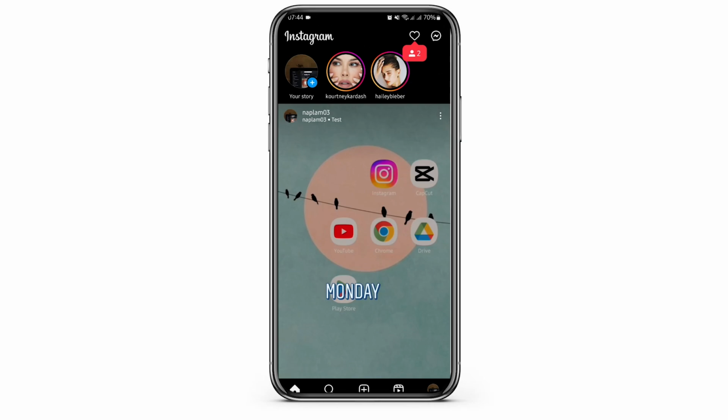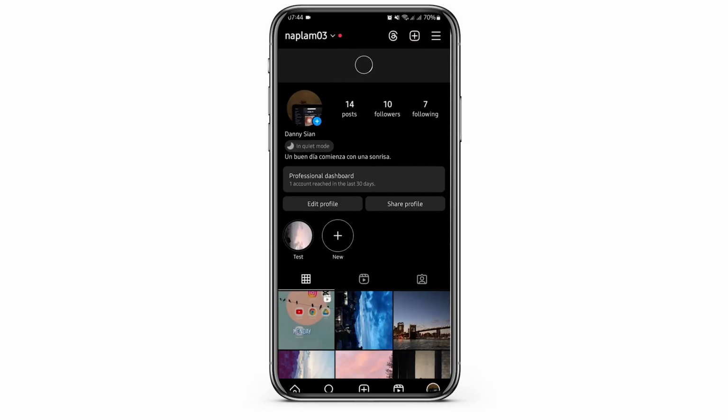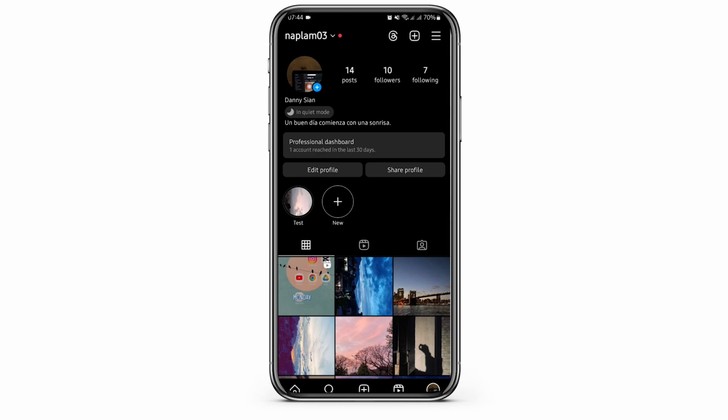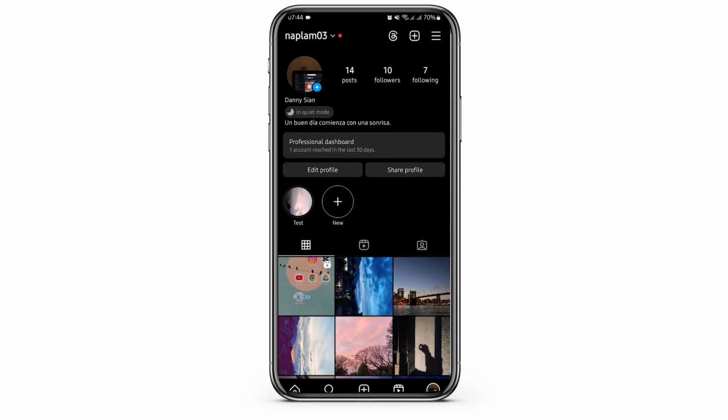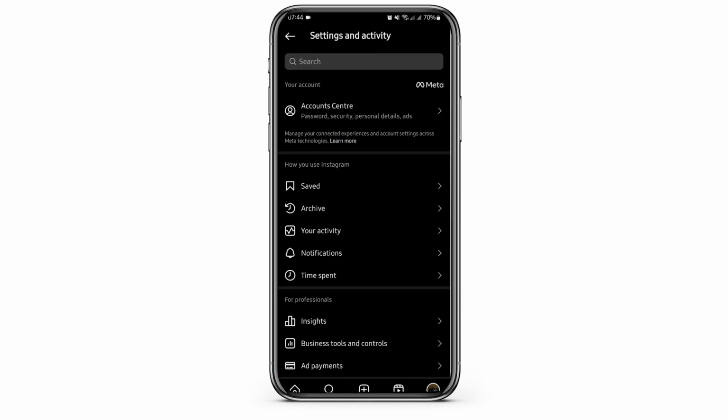Now tap on your profile on your bottom right. As you can see, my account has been turned on to professional mode because you can see the professional dashboard in my profile. Now to turn this off, tap on three bar icon on your top right and under